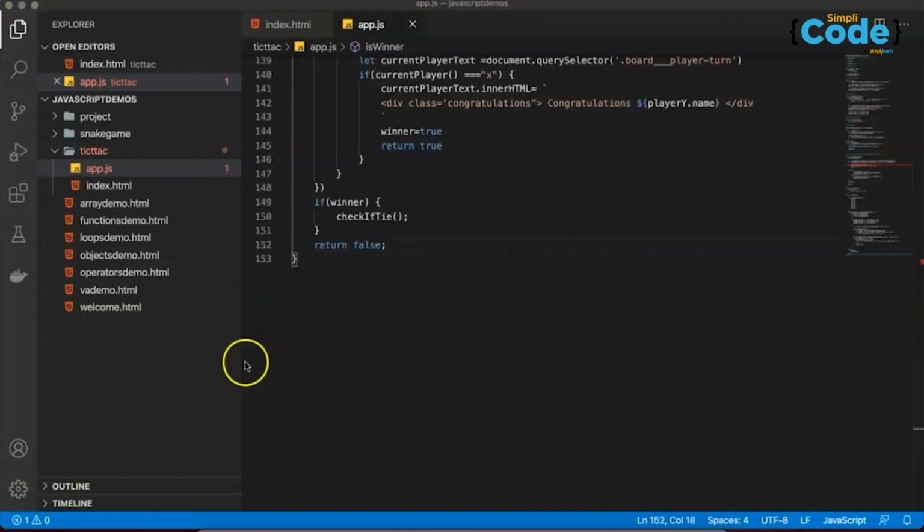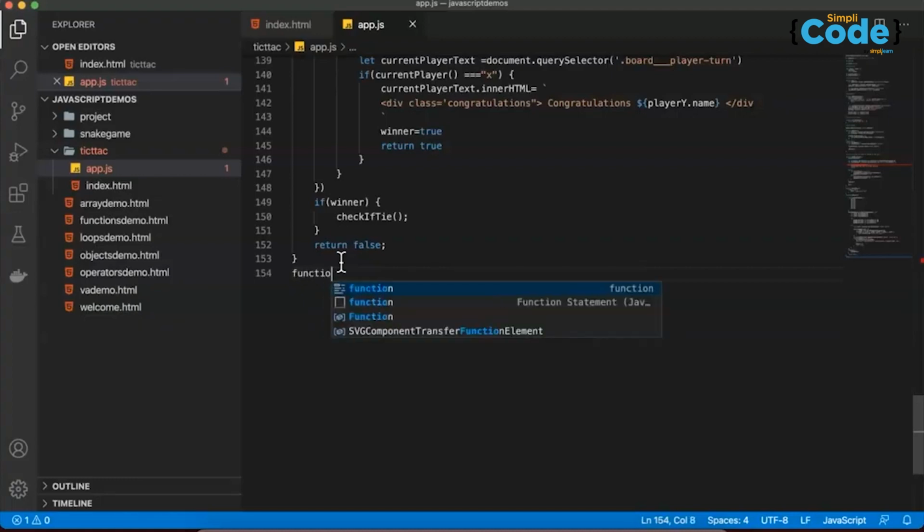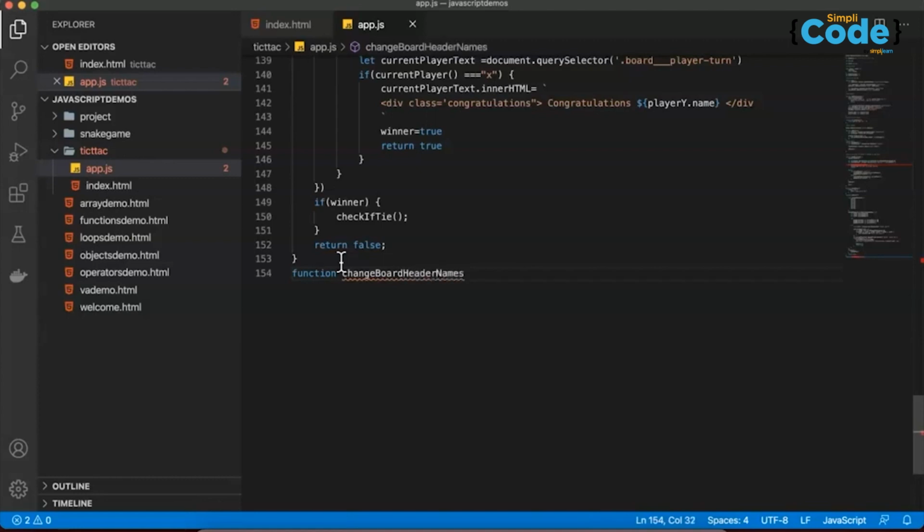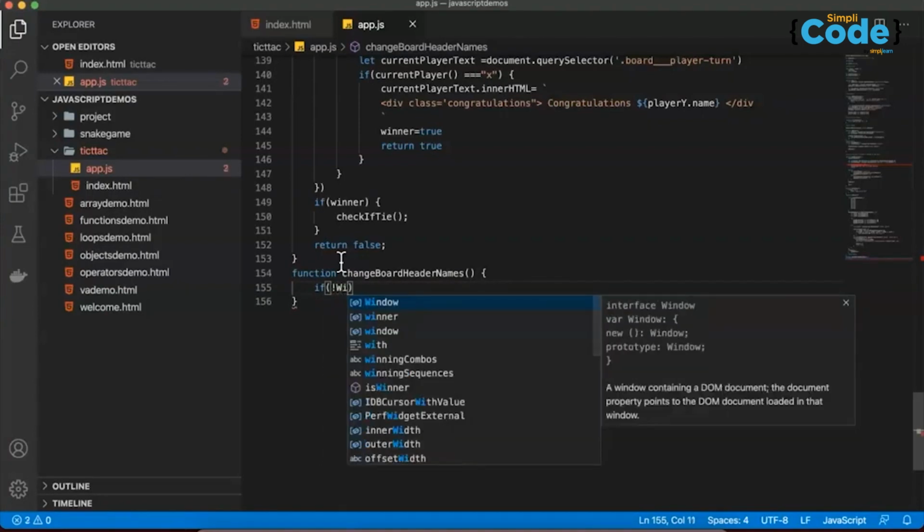That's it. Now in a continuation to this example, we're gonna develop another function called change board header names. So let's continue by defining the new function, function changeBoardHeaderNames. Here we would like to check whether the user is winner or not. So here we say if not winner,